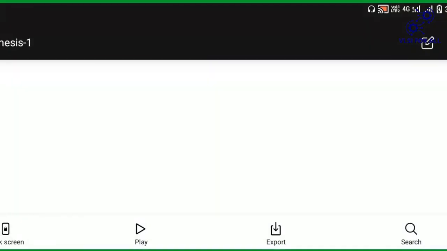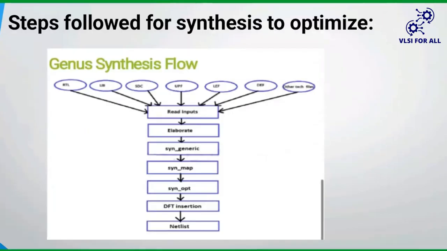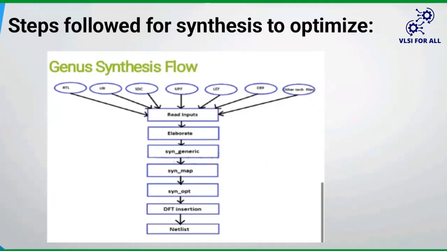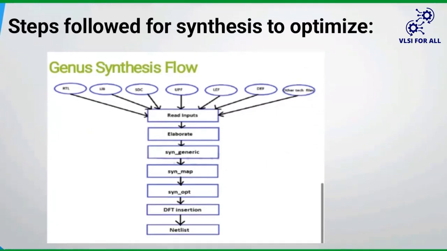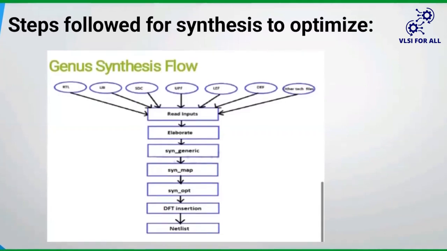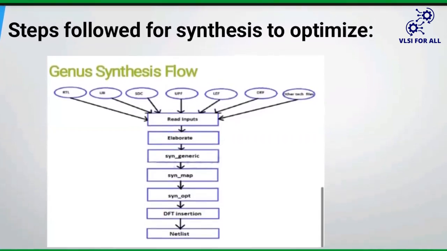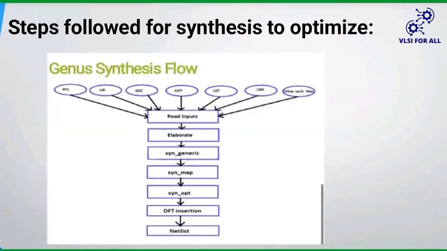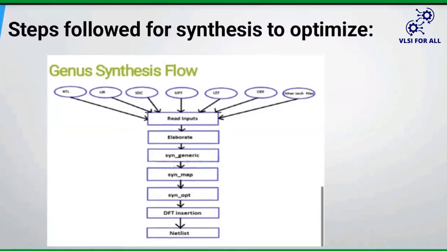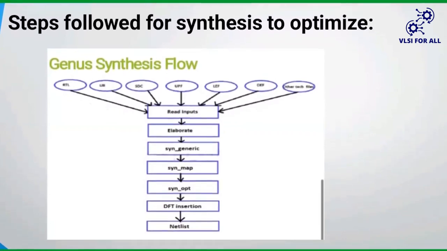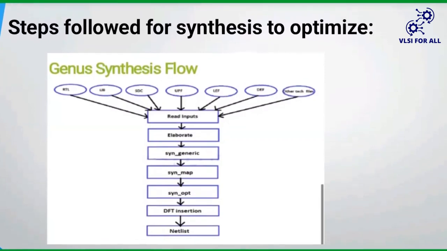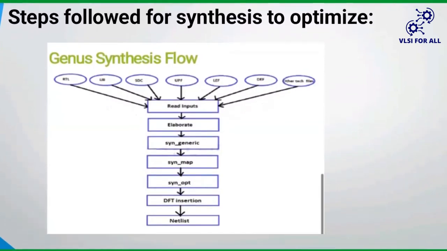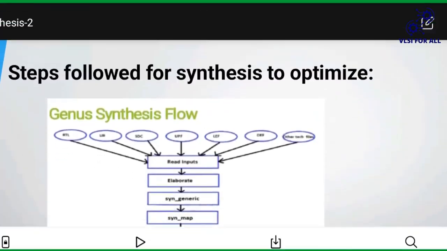So let me go for the next one. Steps which are used for optimizing the synthesis. See, synthesis in the sense, if we give inputs to the tool, it does not directly give output to us. Some steps are involved. For example, we human beings have steps for each and every functionality, right? In the same way, in the hardware sector, in any domain, you will have steps to optimize. So what all steps are involved in the synthesis? Let me explain here.